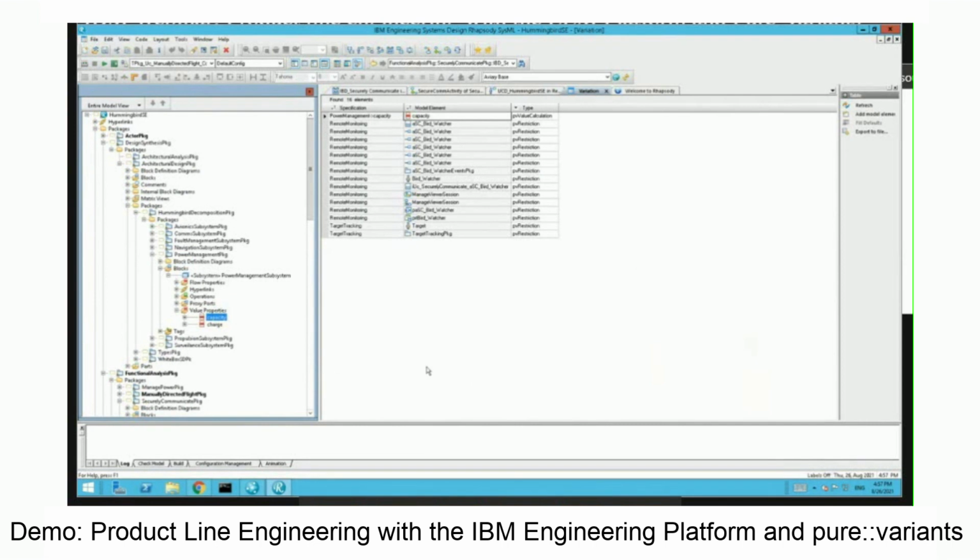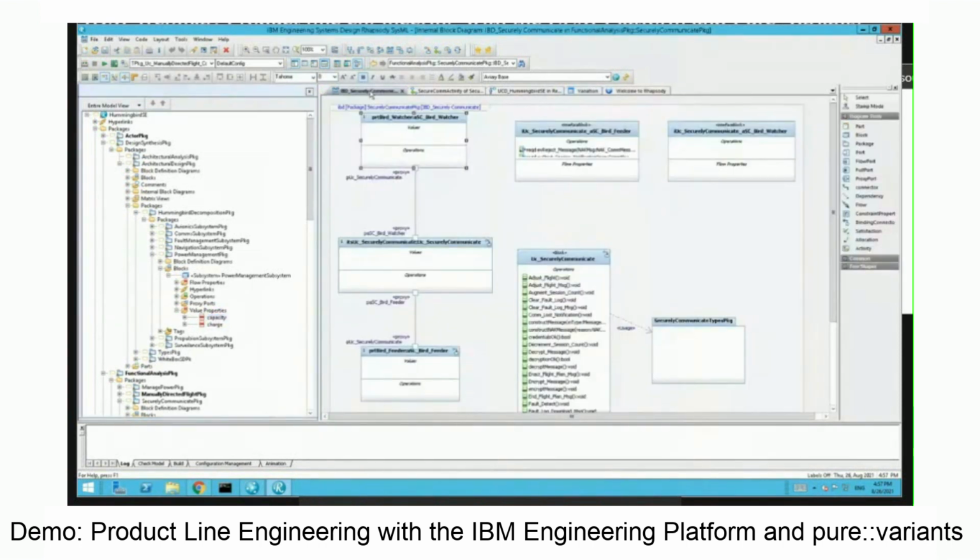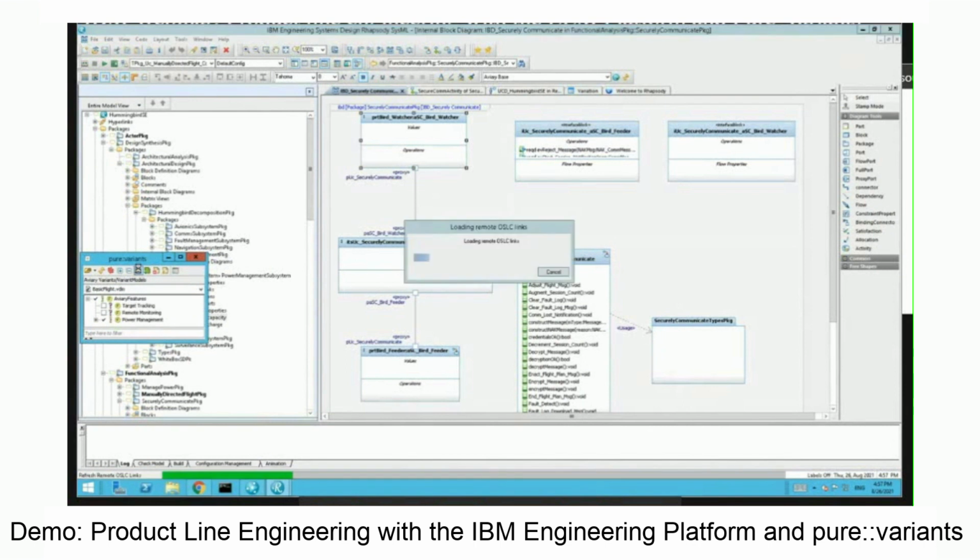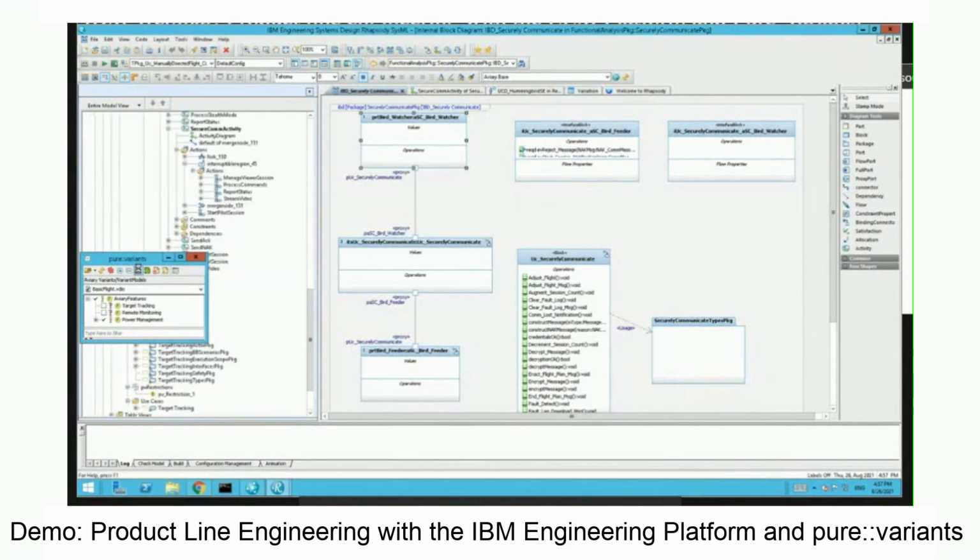Okay, let's run a preview. First, I'm going to switch to one of our open diagrams, just so you can see the magic happen live. Just like we did in requirements management, we can open up a picker that lets us select a variant. In this case, we will select the basic flight variant, just as we did before. And just as we did before, we can request a preview. In this case, it's going to show us what the model is going to look like if we generate that